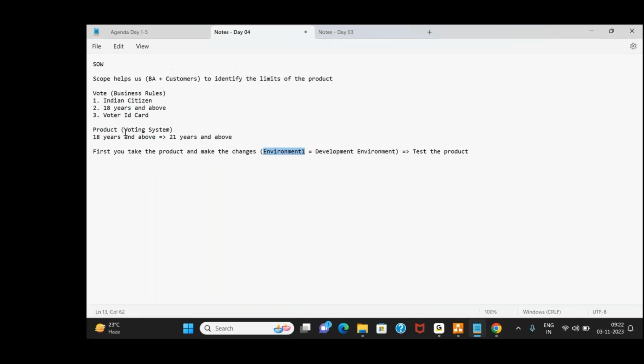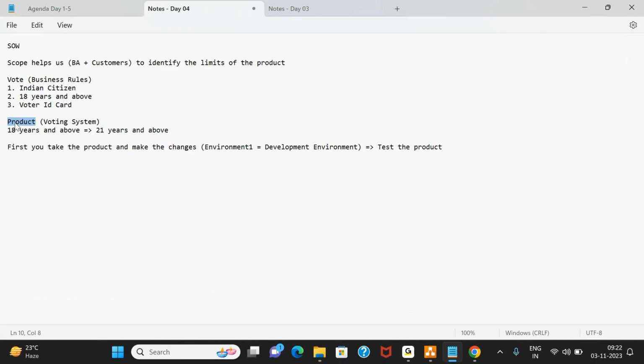So they copy the underlying code for the product to environment one, and they start doing their changes in development in environment one, so that the main product is not impacted. Then once you are done with coding, and it is not throwing any error, then you move on to